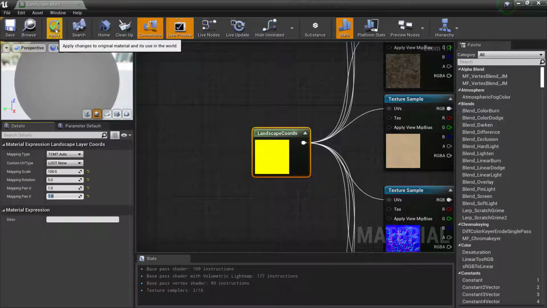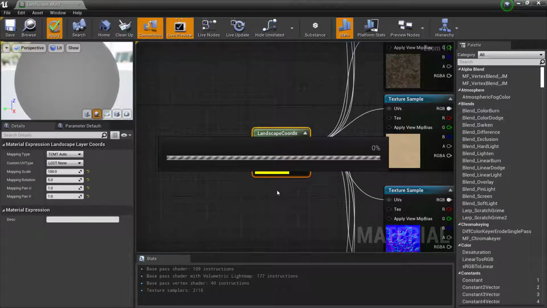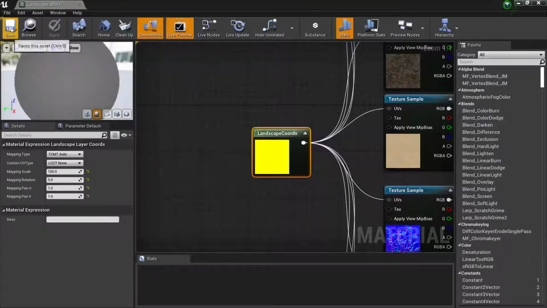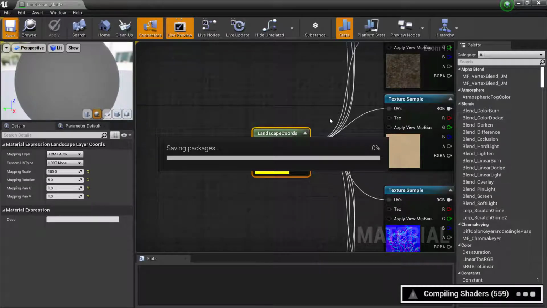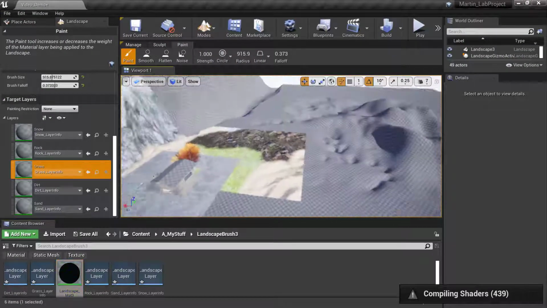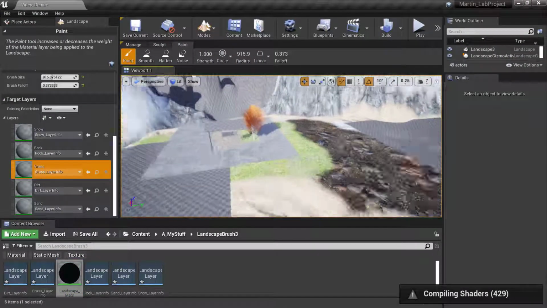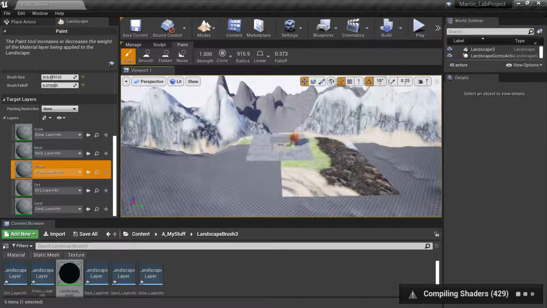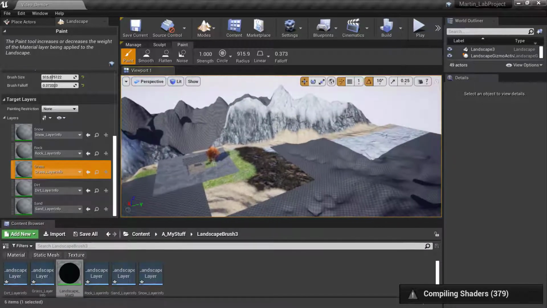So once we've done that, again, remember that we want to hit apply. Otherwise, any of the changes that we've created will not take place. And we're going to go ahead and hit save. So we'll wait for the compilers here. This might take a little bit longer because I've got more area painted. But once we've done this, we can go ahead and hit stop, and we can go back to our level. And we're just waiting for this to finish